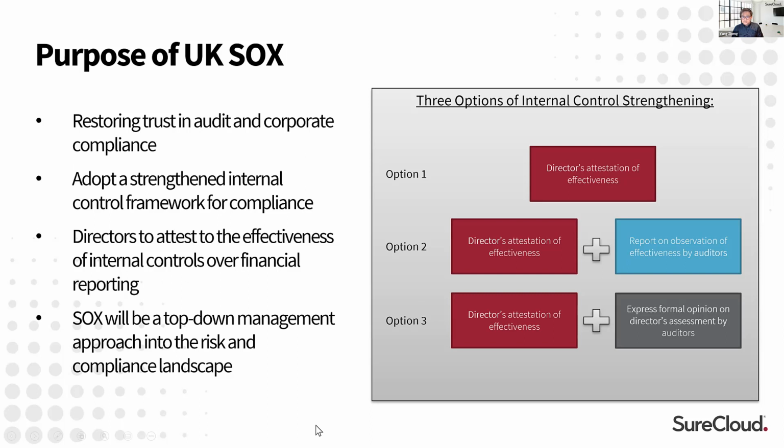So what's been illustrated in the white paper is 3 options of that attestation. The first one is directors attesting to all aspects of the company's internal control and risk management procedures. That seems like a lot of work, so it would be challenging to actually enforce. The second option is a limited attestation based on the internal control frameworks and procedures that are relevant to financial reporting. And this is what SOX does today.